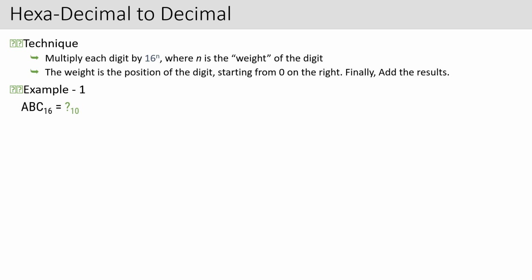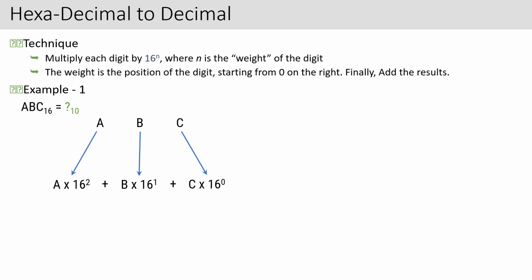Now here, the example which I have considered is completely made of alphabets, the alphabets of the hexadecimal, just to make the question a little tricky. So for this ABC, you will have to write down the equivalent number. C into 16 to the power 0, B into 16 to the power 1, first we'll write it just like that, and A into 16 to the power 2.